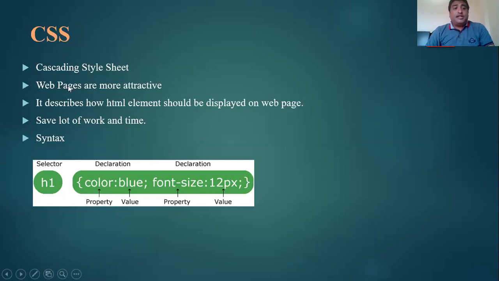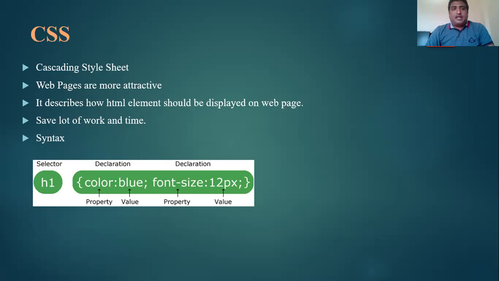Next, let's see CSS. CSS stands for cascading style sheet. It used to make the web pages more attractive. In HTML, we can use the basic tag, but to make the web pages more attractive, we have to use the style properties.